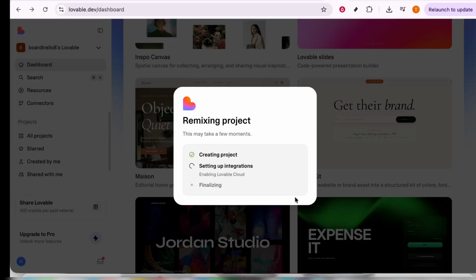So, there you have it. By following these simple steps, you can effectively utilize project templates within the Lovable platform to streamline your workflow and boost productivity. It's all about making the process simpler, faster, and more efficient, so you can focus on what truly